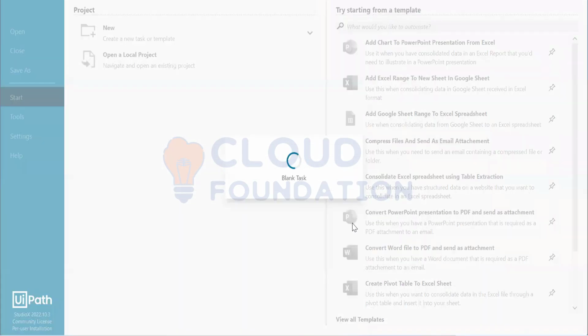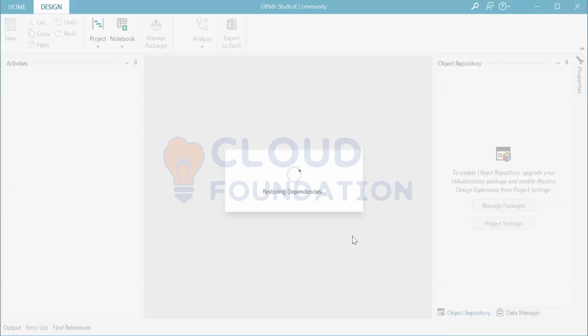I'm telling you the difference between Studio and Studio X. Now when I take Studio X, this is for a citizen developer who comes from a non-technical